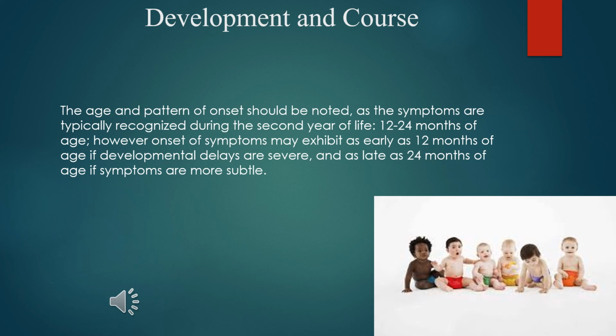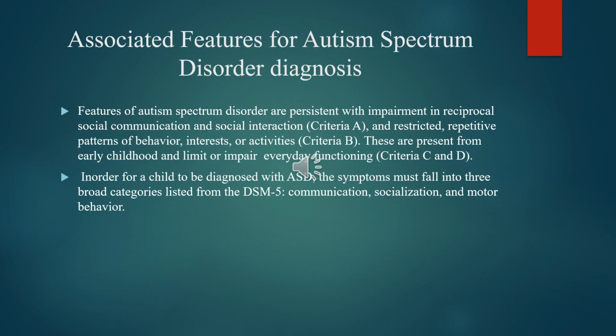The next slides after that will detail the diagnostic criteria to follow. Associated features for autism spectrum disorder diagnosis. Features of autism spectrum disorder are persistent impairment in reciprocal social communication and social interaction, criteria A, and restricted, repetitive patterns of behavior, interests, or activities, criteria B. These are present from early childhood and limit or impair everyday functioning, criteria C